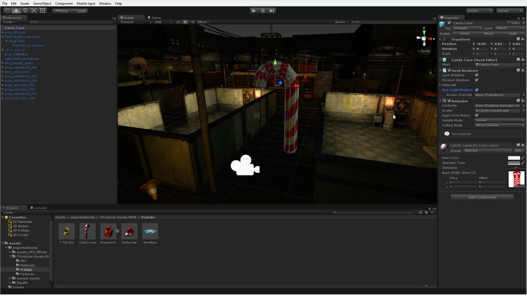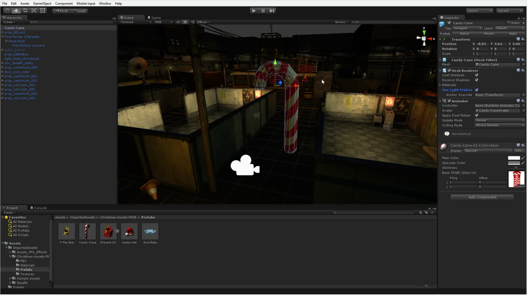Now, if for some reason you don't have light probes or they are not working for you, I think you can bake light probes with Unity Pro, but you can use them with free. If you can't, you can always just turn the lights back on, set them back to dynamic, and have lighting. But for now, since we have the probes, I'm going to use the probes and get better lighting there. So that fixes the lighting issue.